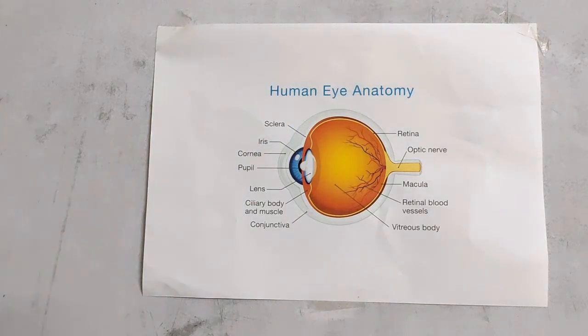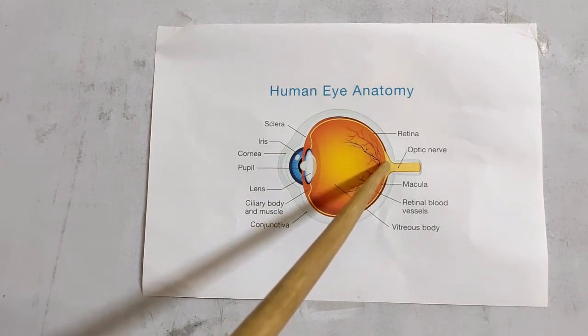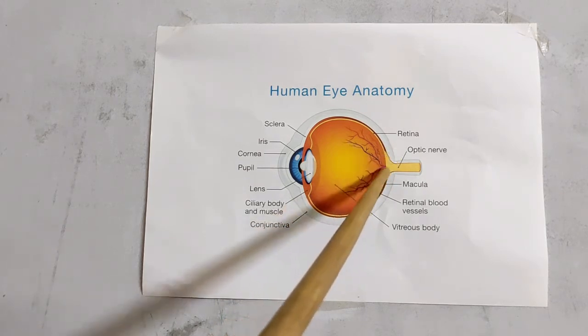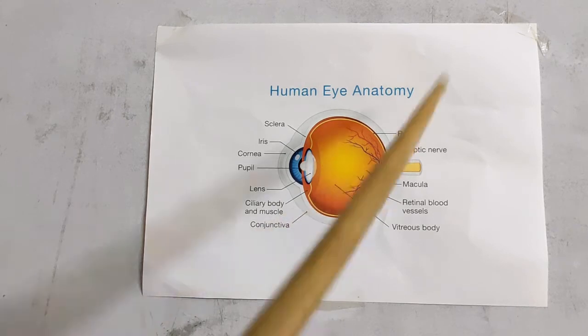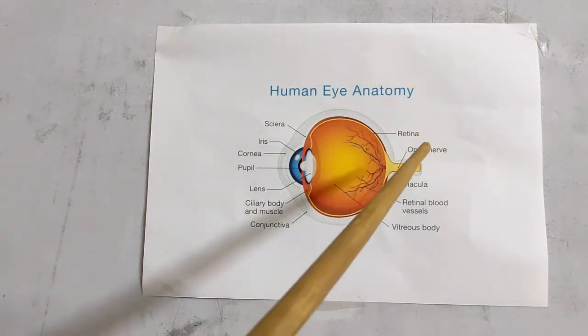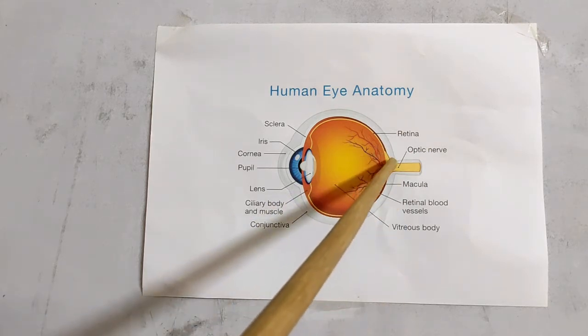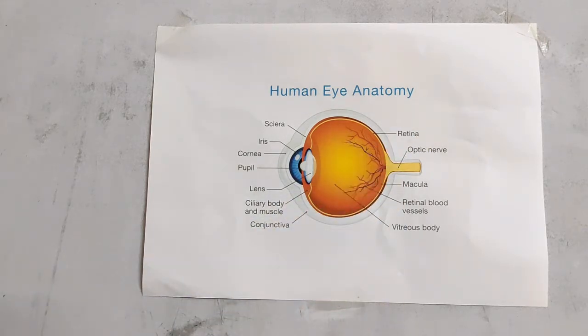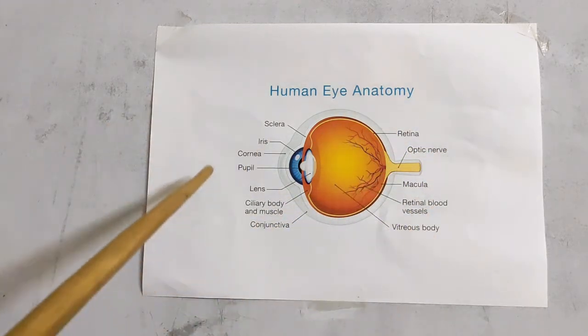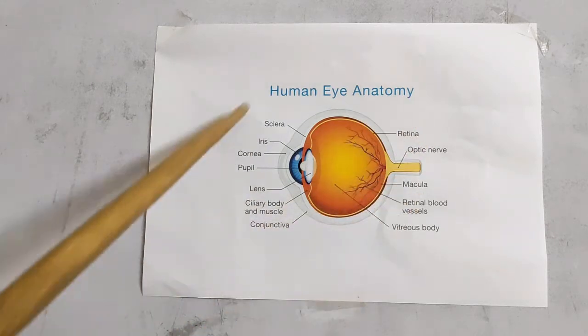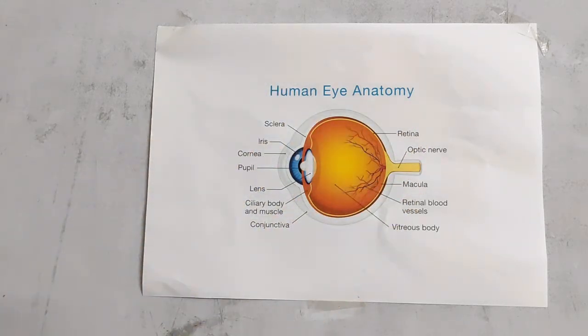Otherwise, just Google it and find out what the different activities are to check the blind spot. Everybody has a blind spot. The definition of a blind spot is that at the junction of the optic nerve and the retina in the eye, there are no light sensitive cells. That is, there are no rods and cones here, due to which no vision is possible at this spot, and this is called a blind spot. So this is basically the structure and function of a human eye.